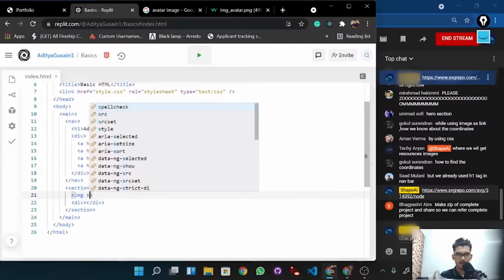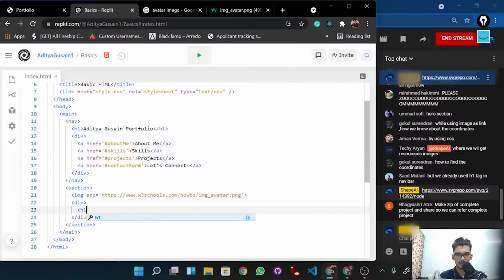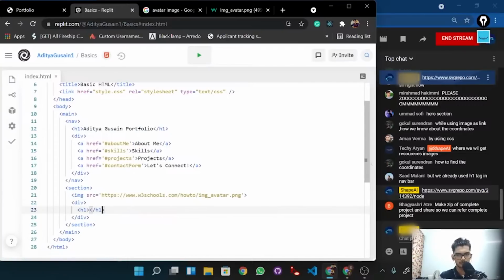In the image, you add a source, and what do we have in the source? We paste the online link. So this is how you grab an image from the internet and paste it here. Simply like that. You go to the div. What do you have inside the div? You don't have a lot of things inside the div. You have an h1. Inside that h1 you write your name. So I'll write my name,